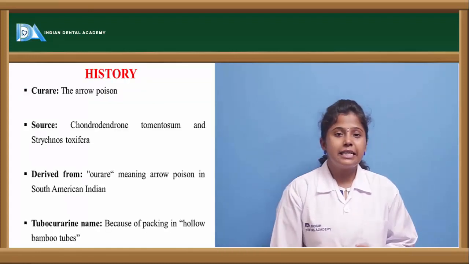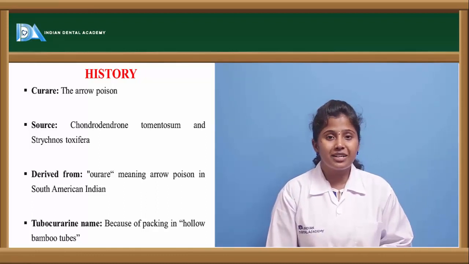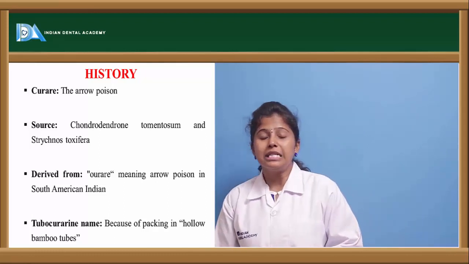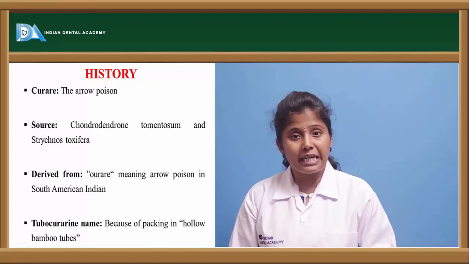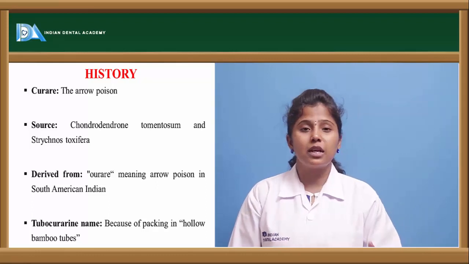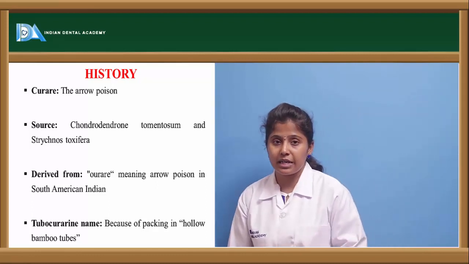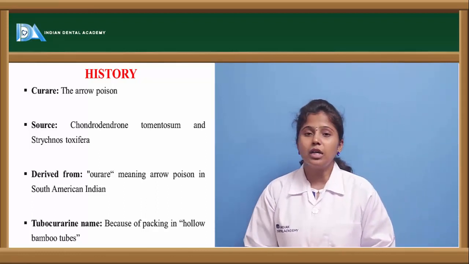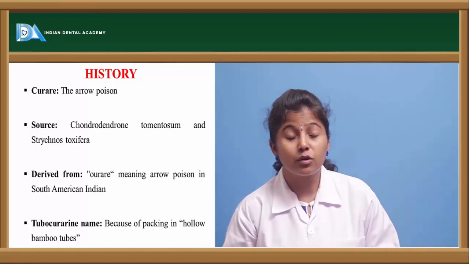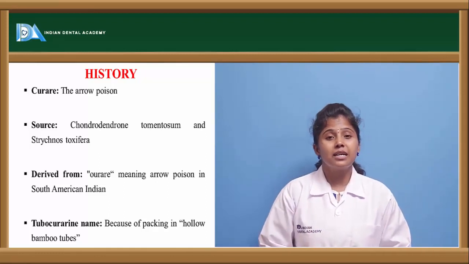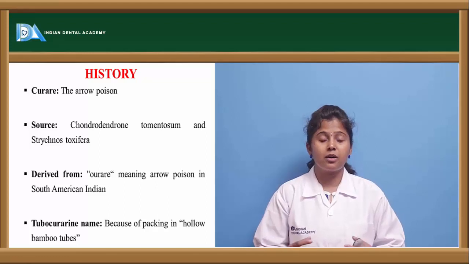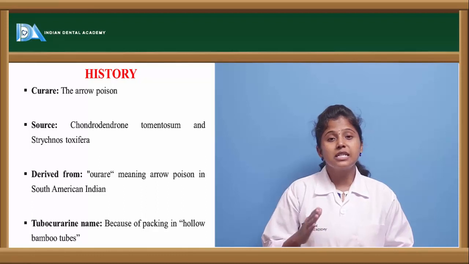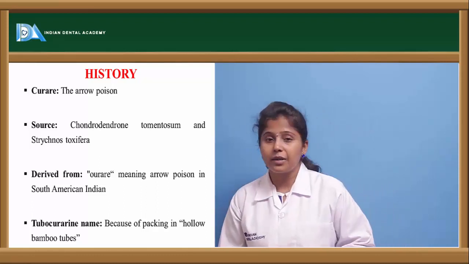Among the non-depolarizing agents are drugs like D-tubocurarine, pancuronium and vecuronium. These are long-acting drugs. These long-acting non-depolarizing neuromuscular blocking agents are used as skeletal muscle relaxants, whereas short-acting and ultra-short-acting ones are not that preferred. Tubocurarine, pancuronium and vecuronium are all compounds prepared from a poison called curare. Curare is an arrow poison which is extracted from the plants of